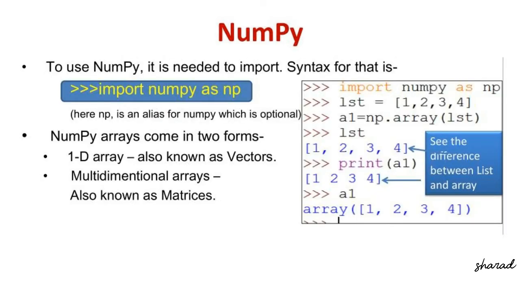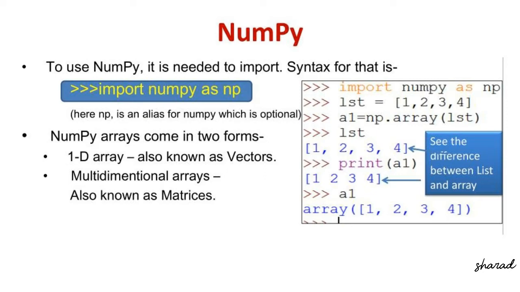Okay, so to use NumPy, we first need to import NumPy. So we will type the command import numpy as np. If NumPy is not installed in your laptop or computer, then you can type the command pip install numpy. Here np is used as a short form. Now arrays can be of two types, that is one-dimensional, also known as vectors, and the other is multi-dimensional arrays, that is called matrices.